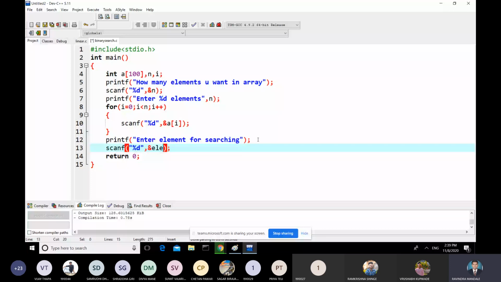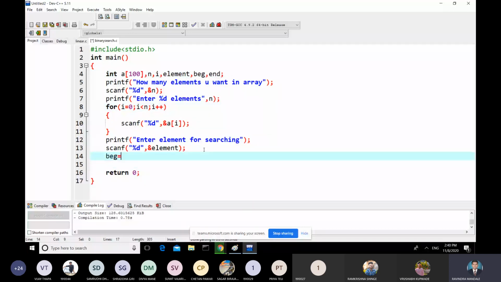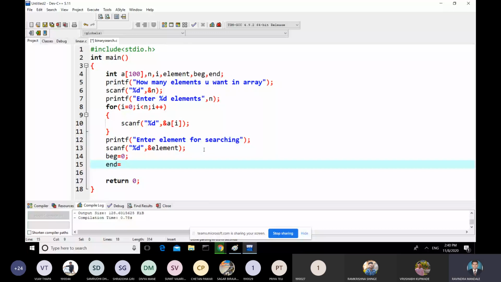Declare this variable. Okay, and also we'll require beginning and end. So I will declare them, beginning and end. Okay. So now what you need to do? Initially we are using beginning as 0 and end as number of elements minus 1, that is n-1.